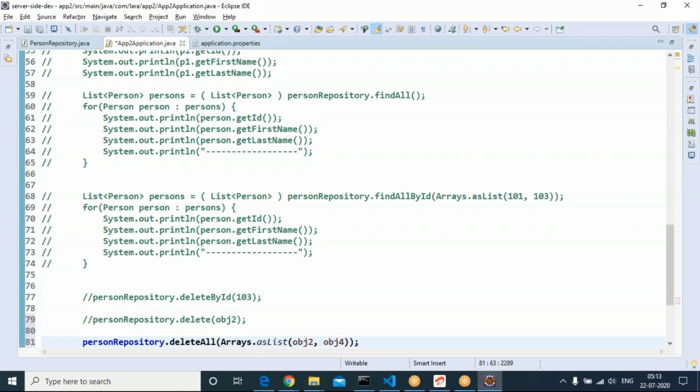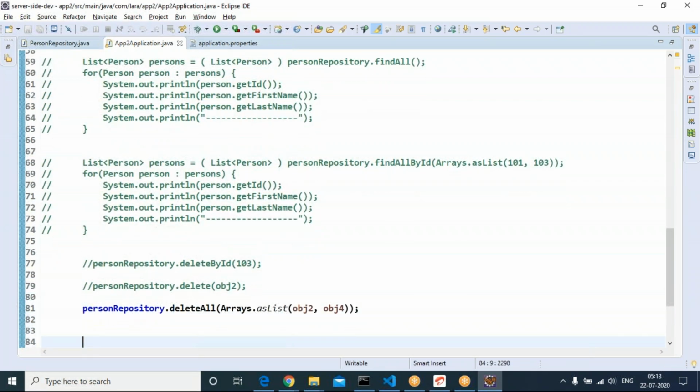Any number of objects you can specify to delete. Delete all by using Arrays.asList. What is it providing? It is defining a list of the specified objects. You are supplying obj2, obj4 through a list to deleteAll.